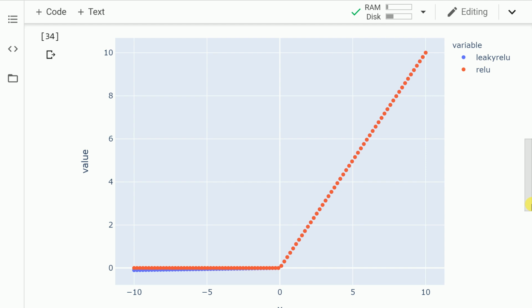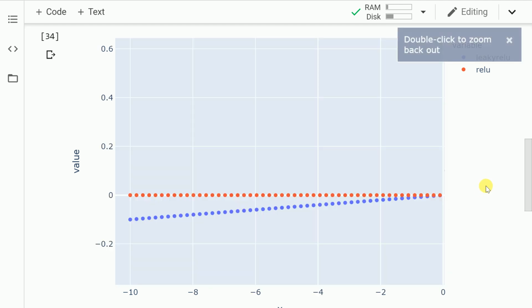So this plot contains the visualization of the ReLU function as well as the leaky ReLU function. The ReLU function is denoted by the red dots and the leaky ReLU function is denoted by the blue dots. If you look at the positive direction, that is when x is greater than 0, both the plots seem to overlap with each other. But you can see an evident difference when you look at the negative direction of x. So let me zoom into this region. Let me reiterate, the red dots signify the ReLU output and the blue dots signify the leaky ReLU output. Given that we are multiplying the negative x values with a constant term, that is 0.01, you see that depicted by the blue dots.